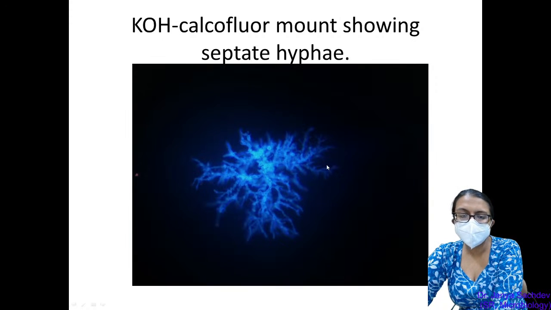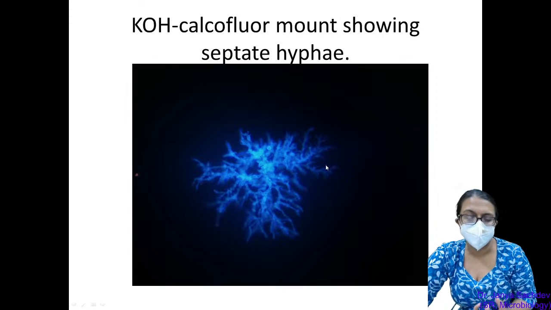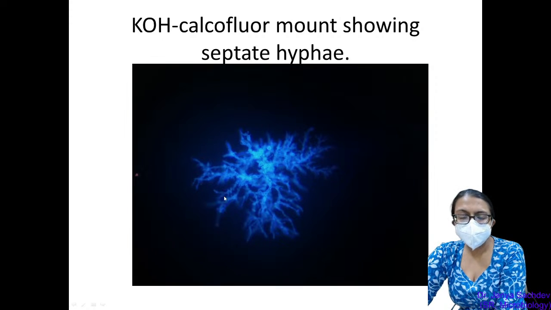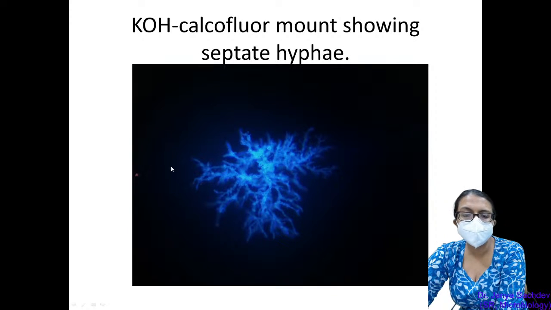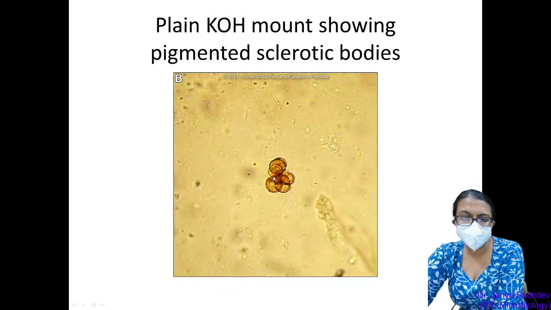Dematiaceous fungi usually contain melanin pigment, so they are naturally brown or black in pigment. So as you can see, in a calcofluor mount, everything fluoresces blue. The natural pigment of the fungus cannot be seen. So in a calcofluor mount, the differentiation between hyaline, which is this clear or non-pigmented, and dematiaceous, which is this,